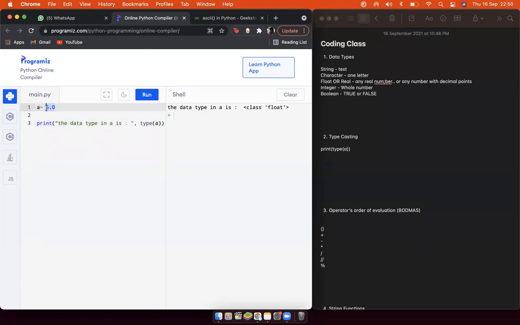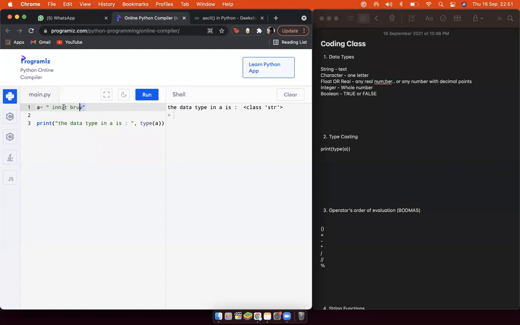So we can test this with other things. You can add a 7 over there, run that, and it will tell me it's a class int. What is int? Int is integer. These are short forms. The short form for float in Python is float itself. For an integer, it will be int. For a text, you write something like "init bruv". If you run this, it will tell you it's a class string. str is the short form for string in Python.